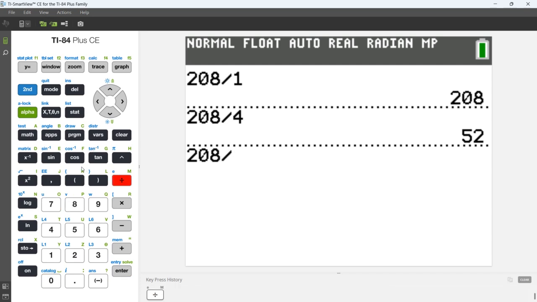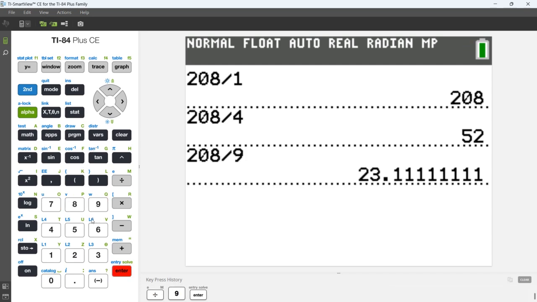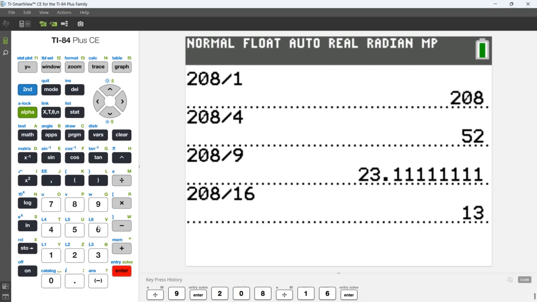So the next square number after 4 is 9, and 9 does not work. So you get a decimal that tells you it doesn't work. So 208 is not divisible by 9. The next square number after 9 is 16, because 4 squared is 16. Now it turns out that 16 does go in evenly into 208, and not only does it go in evenly, but the other factor, in this case 13, is prime. Whenever that happens, whenever you get something like this, you can safely stop, right? You don't need to check